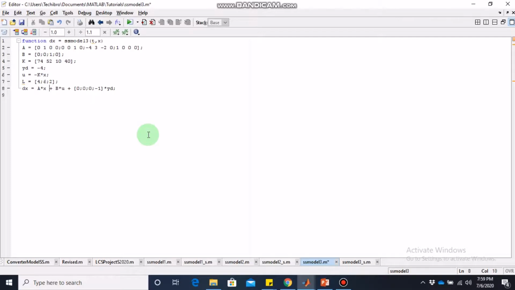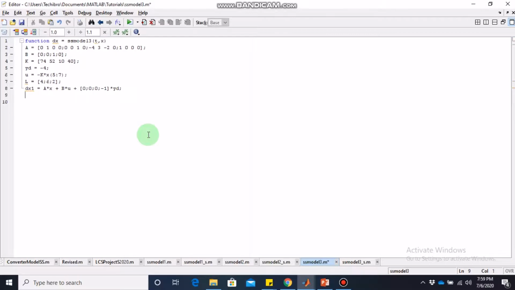Now what I do is simply, in this case, the control will be using the estimate of the state, not the state themselves. So it will be using the state number 5, 6 and 7. State number 5, 6 and 7 are the estimates of state number 1, 2 and 3, which are the original states of the system. And we shall define dx2 here, which is A